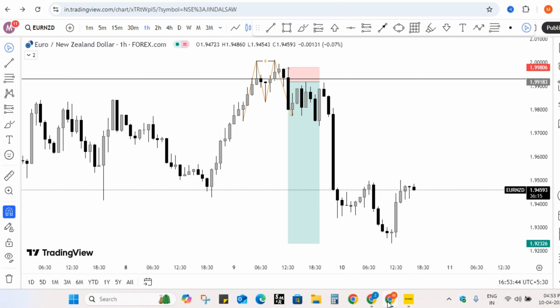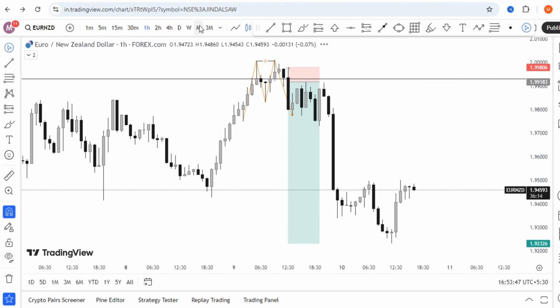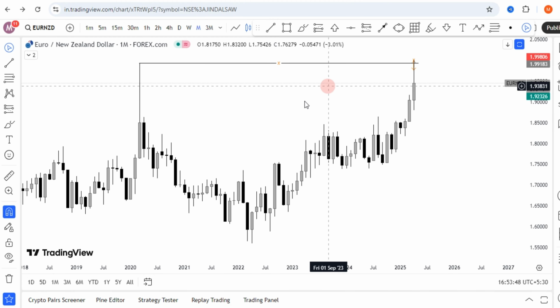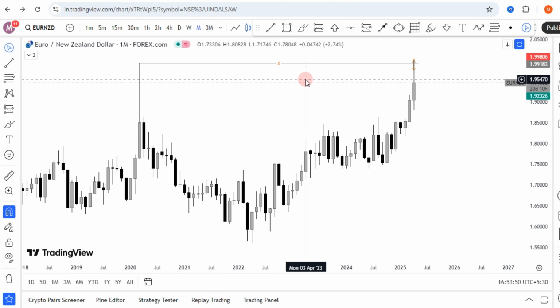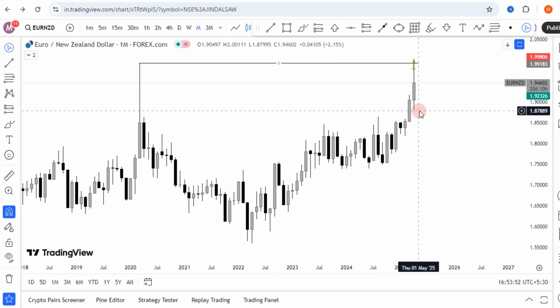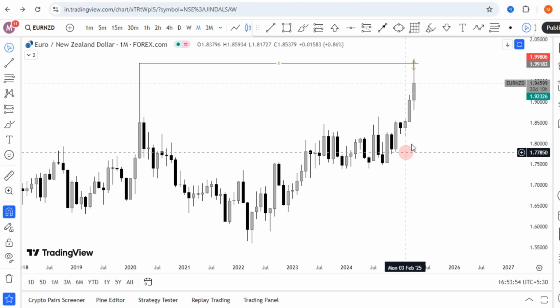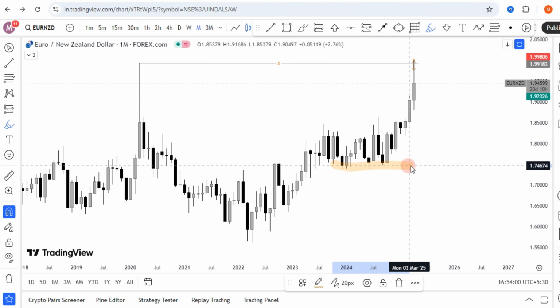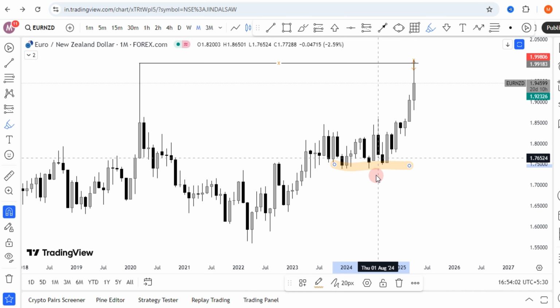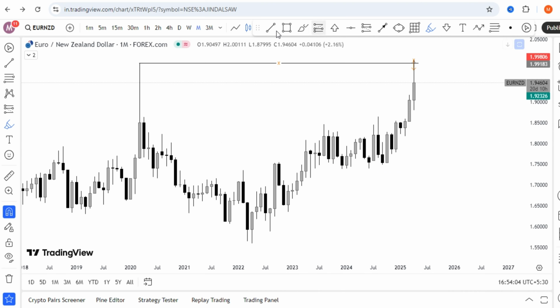And what are the targets? So the targets are, if you see, it's a monthly sweep, so at least the target should be either below this candle or this liquidity here. You can see this liquidity, this whole liquidity pending here. All equal lows are there, right? So this whole equal lows will be taken out.